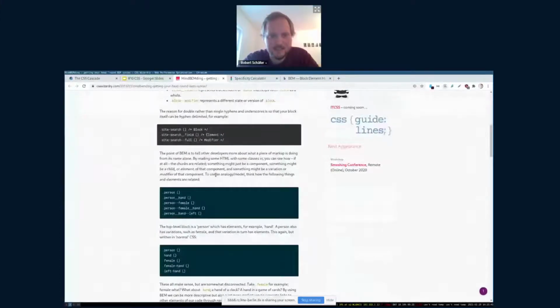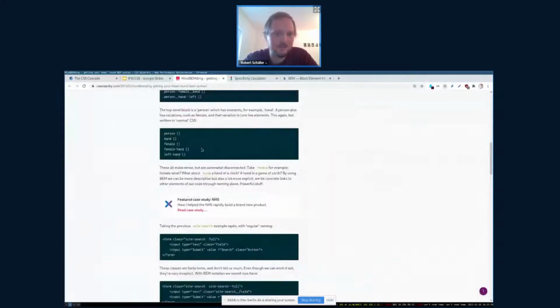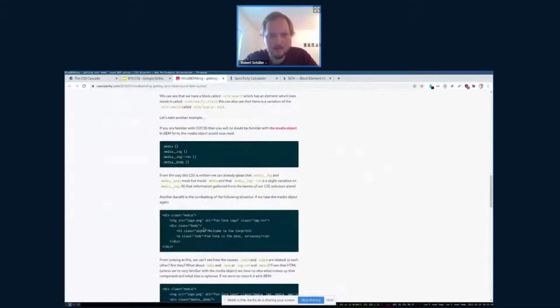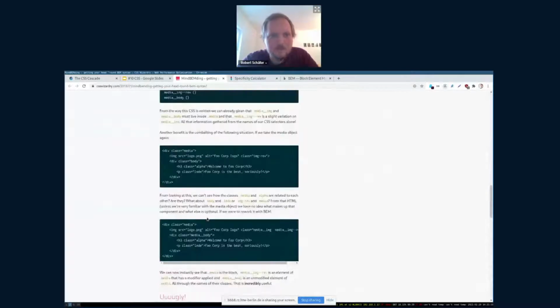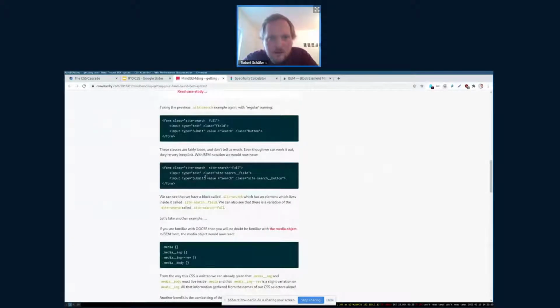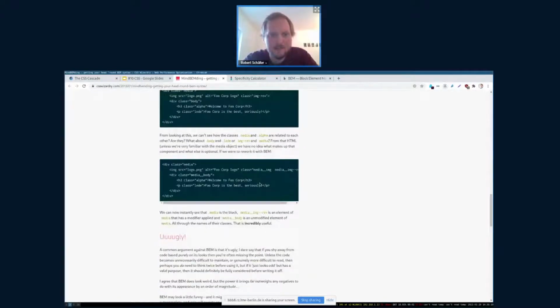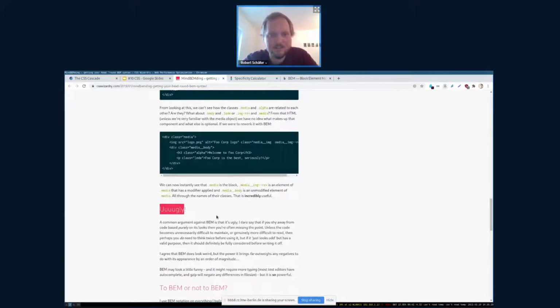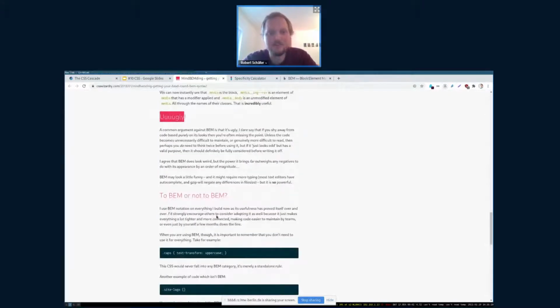Another positive side effect of this is that you can reason about your CSS classes. If you have, for example, an element like this button, it always appears in a component or block called site search, right? So you encode this kind of information into the class. Because you have really long CSS classes, I prefer another flavor of BEM, which is called